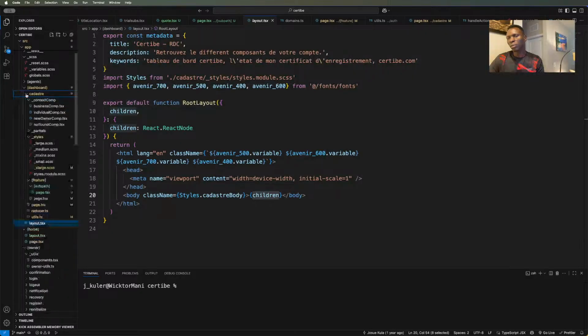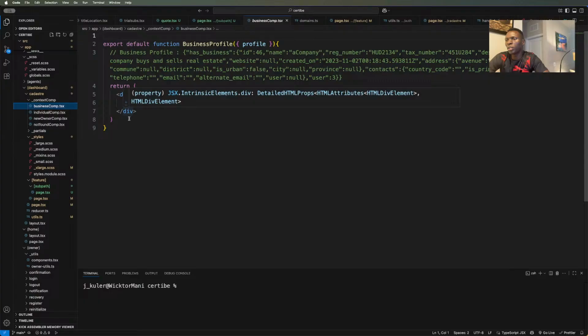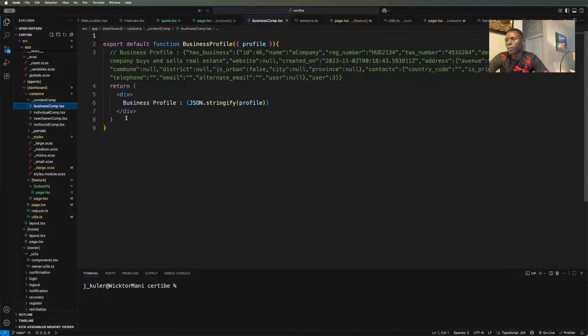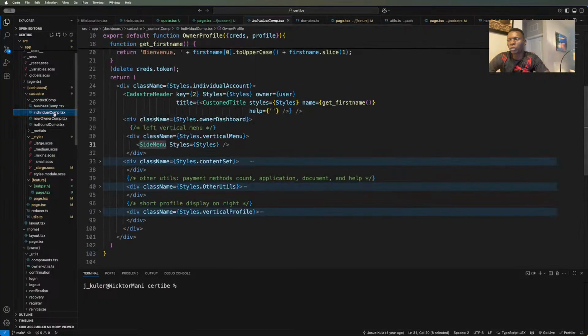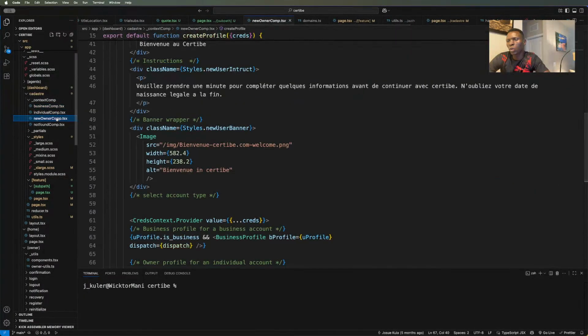The one thing I'm trying to think twice before I do this, because I want to make sure that the business component, this will be the page for a business entity or business user. I wanted to make this one look a little bit different than the individual accounts. If it's a business account, I want it to be a little bit different, but you can't do everything. Okay, so what I'm gonna do